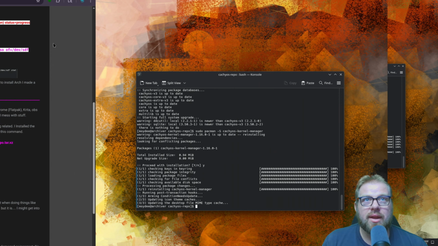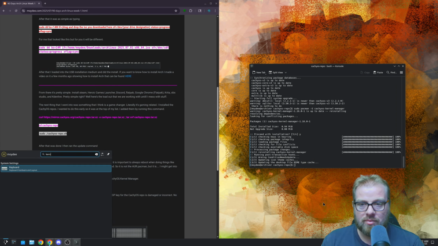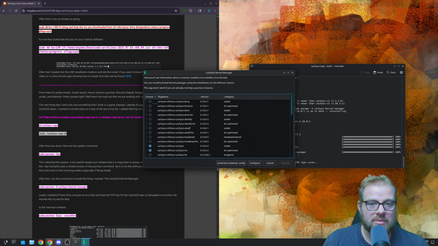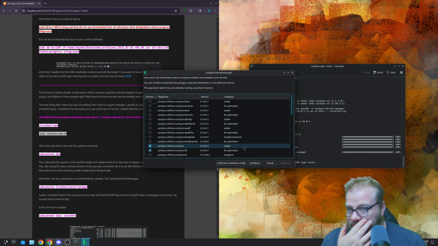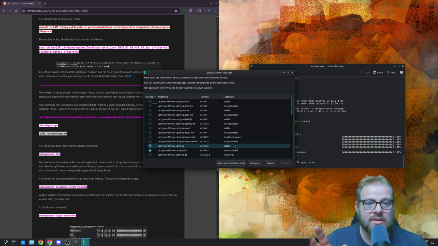And then the next thing that we're going to do is we're going to go down here and we're going to type in kernel. And that's going to bring up the Cachy kernel manager. The current one that I'm running is the LTO optimized, right? But say we wanted to take a look at, like, if we go here to release versions here, you have the